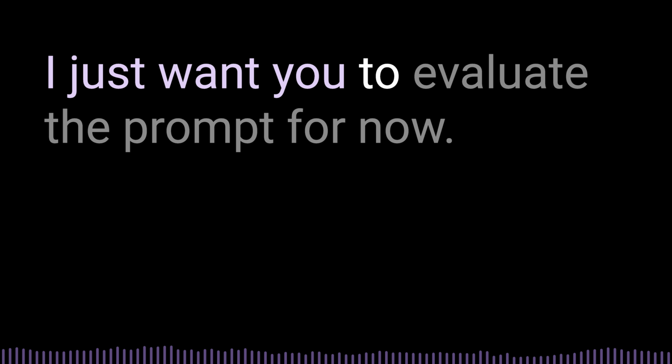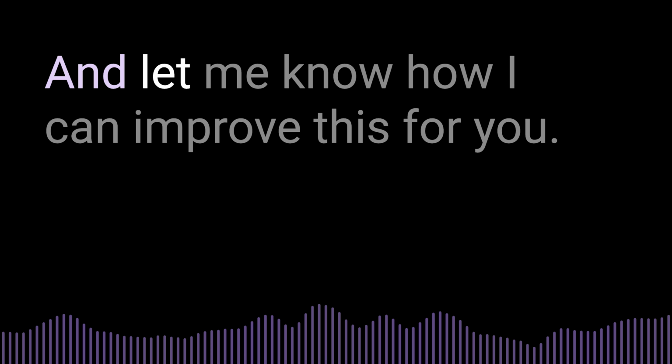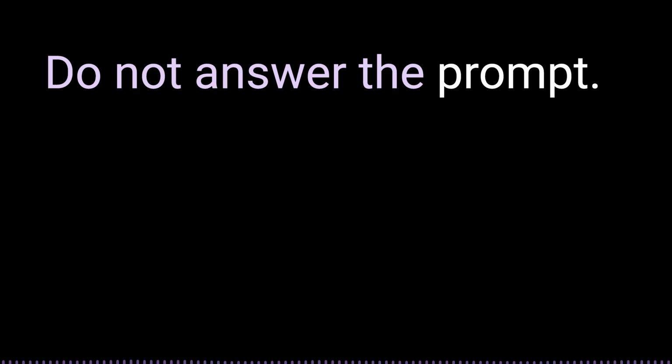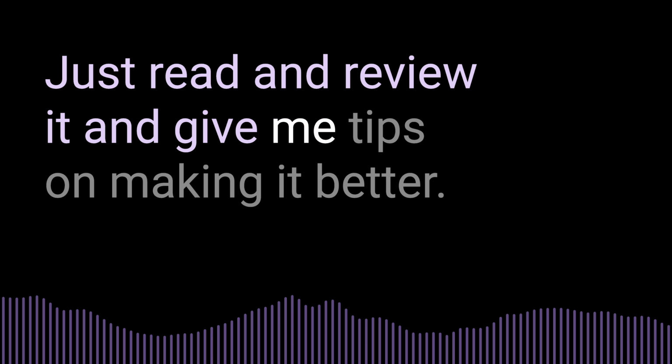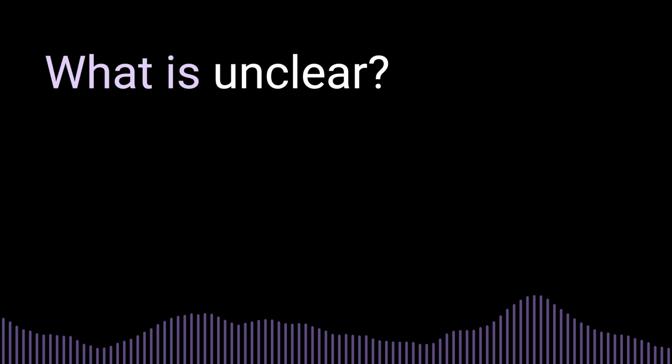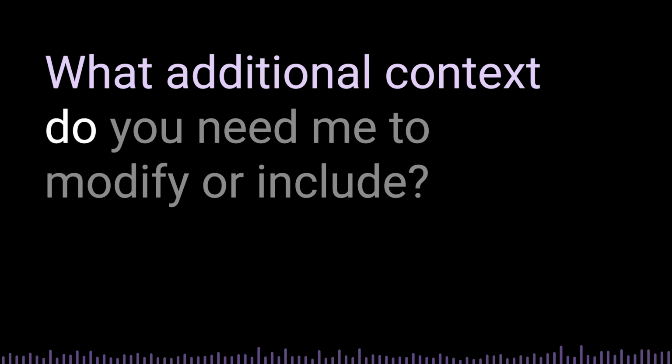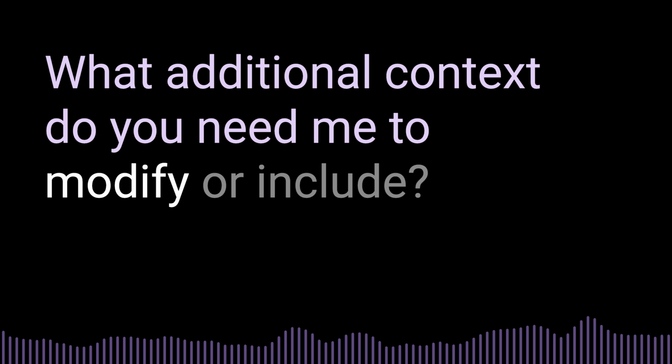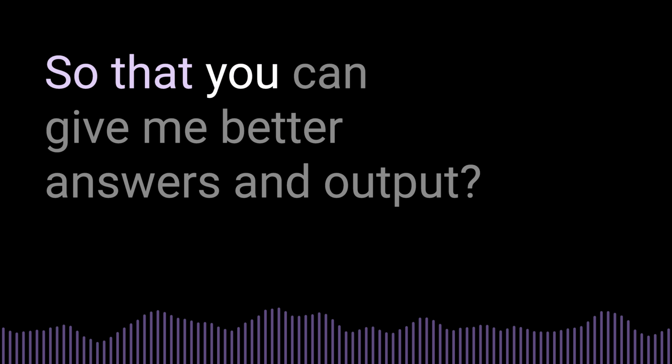So this is the prompt that I use before I put the prompt I want AI to do for me, okay? So I have it evaluate first, and this is what I type in. I just want you to evaluate the prompt for now and let me know how I can improve this for you. Do not answer the prompt. Just read and review it and give me tips on making it better. What is missing? What is unclear? What additional context do you need me to modify or include so that you can give me